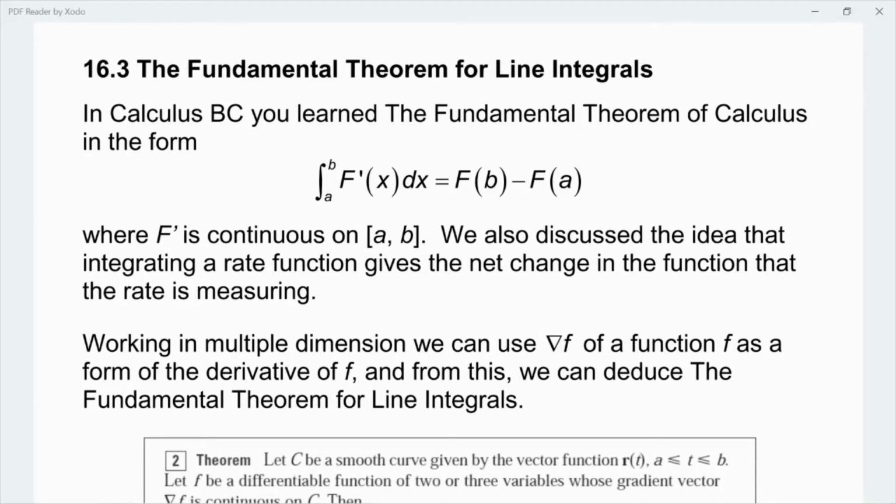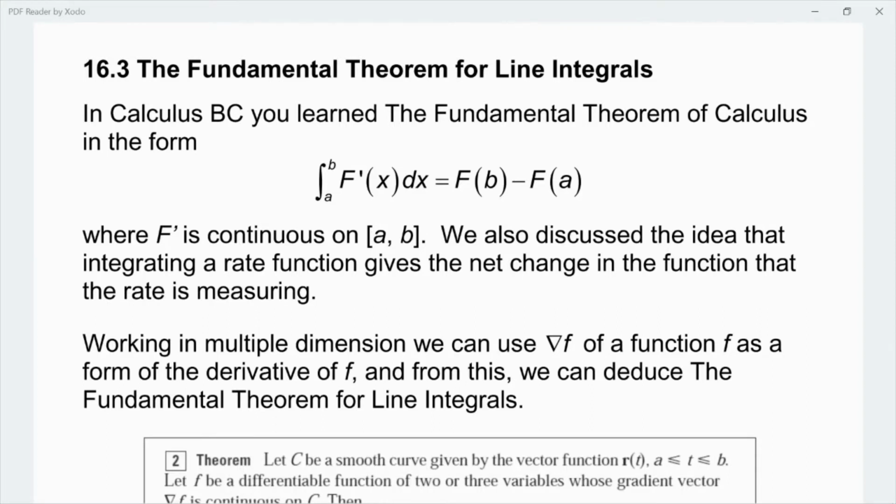This is multivariable calculus, and in this video, I'm going to talk about section 16.3, the fundamental theorem for line integrals. So before we jump into the fundamental theorem for line integrals, it probably makes sense to quickly review what we talked about with the fundamental theorem of calculus that we learned in AP Calculus AB and BC, which was